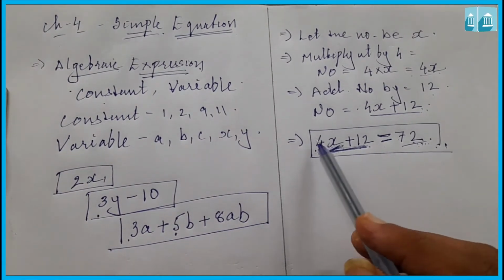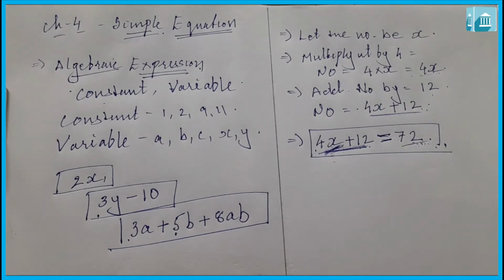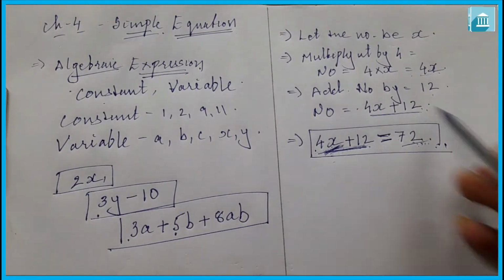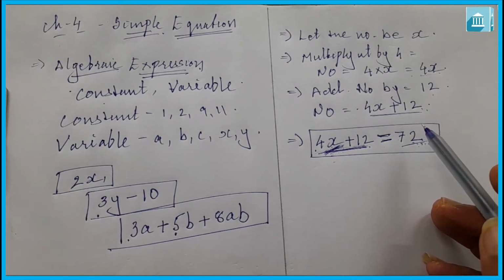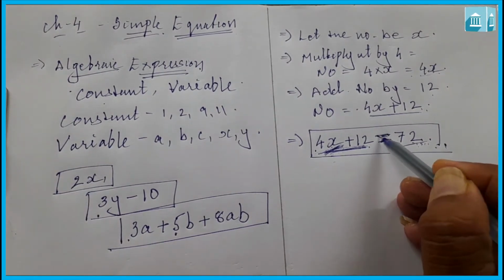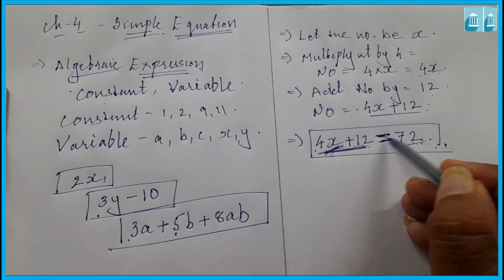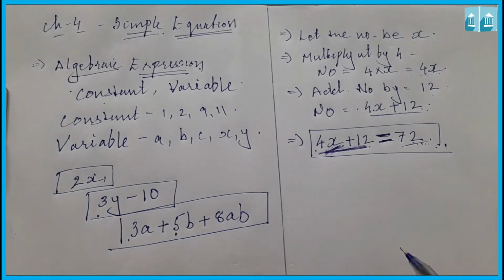The equation will remain the same when the expressions on the left and right sides are interchanged. अगर तुम इनको interchange भी करोगे then also the equation will remain the same. So this is the equation. यहाँ तक वो expression था, पर जब equal to का sign बीच में आता है then it is called an equation.